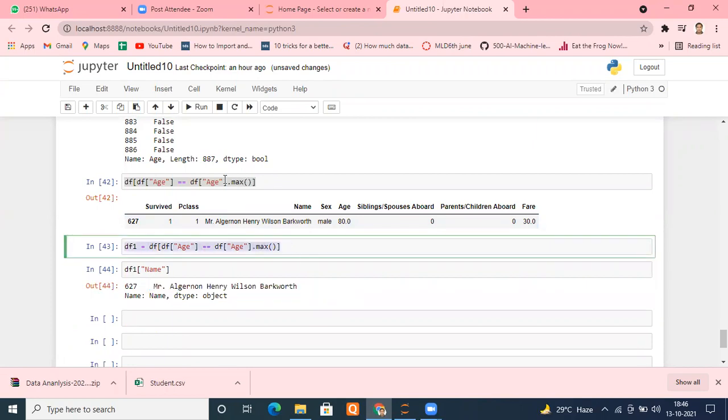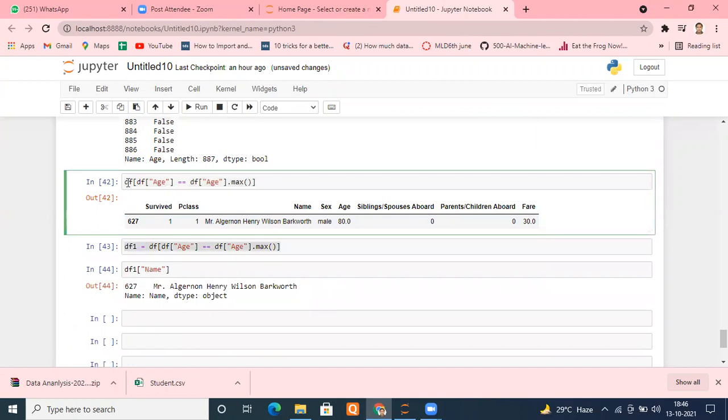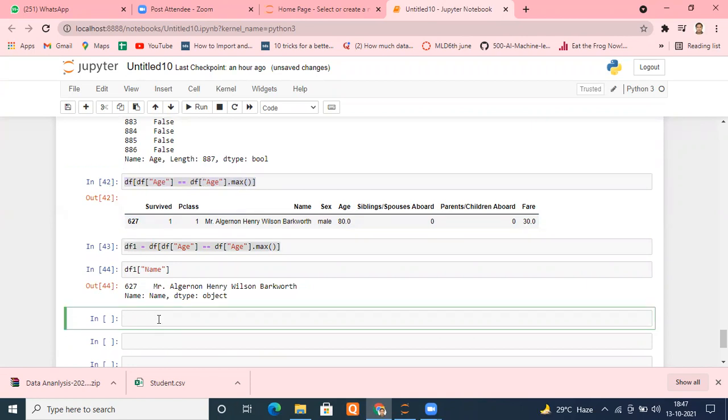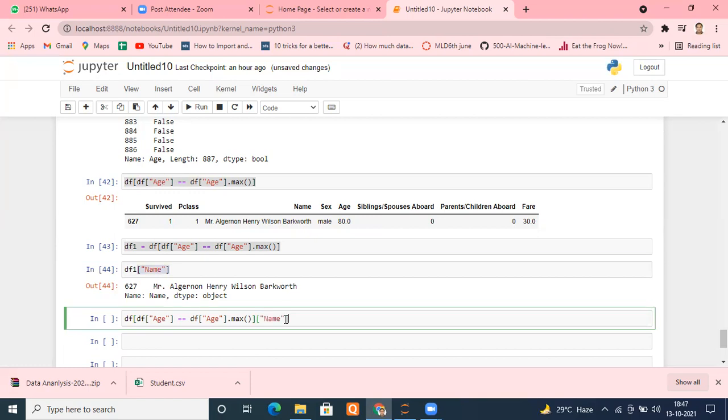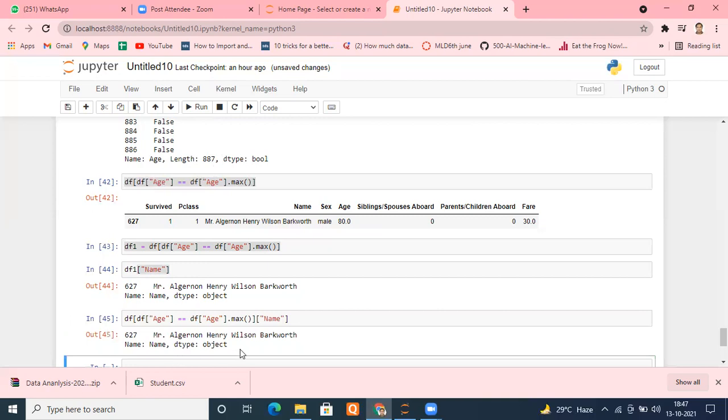Now the second way, which is one step further. I know this is a data frame, and that's why I am able to save it in df1. So instead of using one extra step, saving in df1 and then using it, why don't I directly pass this here? Why don't I pass it directly here and see? The same results are here. Is it fine?